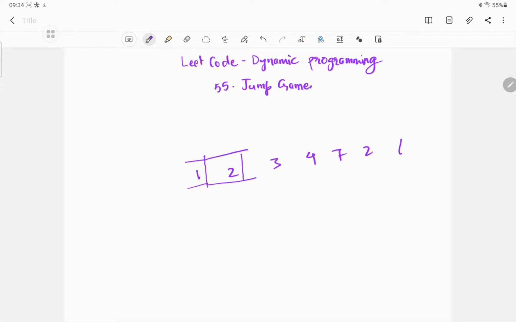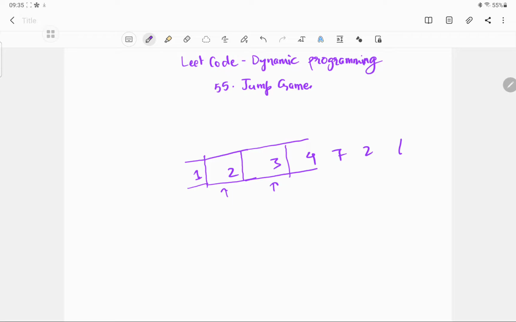Suppose the question was only till 1, 2. So we know that we can go till 1, because that's the answer, and we know from 1 we can jump one more and we can go to this position, so we know that 2 is also possible. Now we know that we can go till 2, and we know from 2 we can jump 2 more positions, so therefore jumping to 3 is also possible. Similarly it can go. So basically what we can do is we just need to find out whether we can go till that position or not.